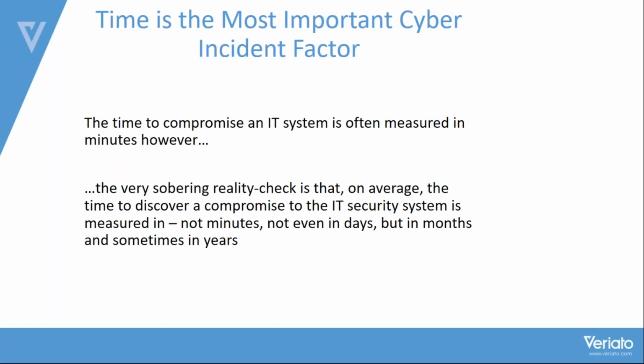So, time is the most important cybersecurity incident factor. When I have a security incident, it's time that matters, okay? Cyber attacks, data breaches, all those happen because of the compromise of an IT system over time. So the time to compromise that IT system can be measured in minutes. And now it's even worse than that if they're using bots or other scaled automation. That time can be pushed down to mere seconds for somebody to break in. You can go out on the internet and find tools that can help you break into people's enterprises, especially if they're not covered correctly.